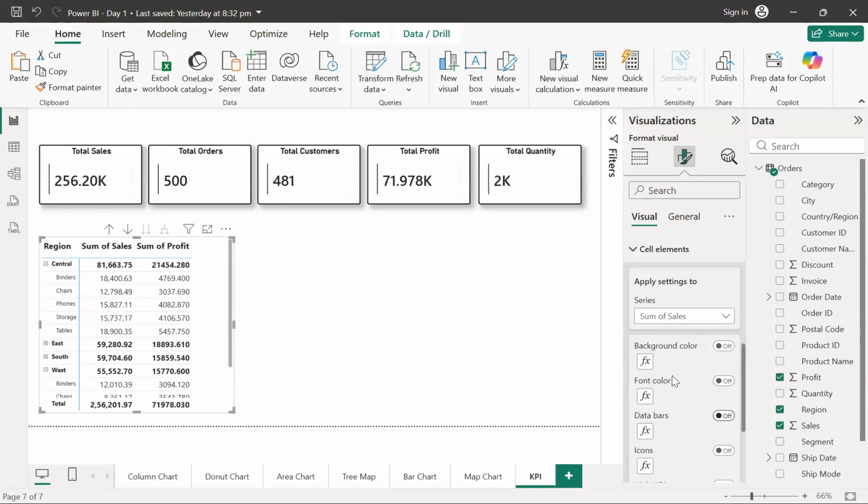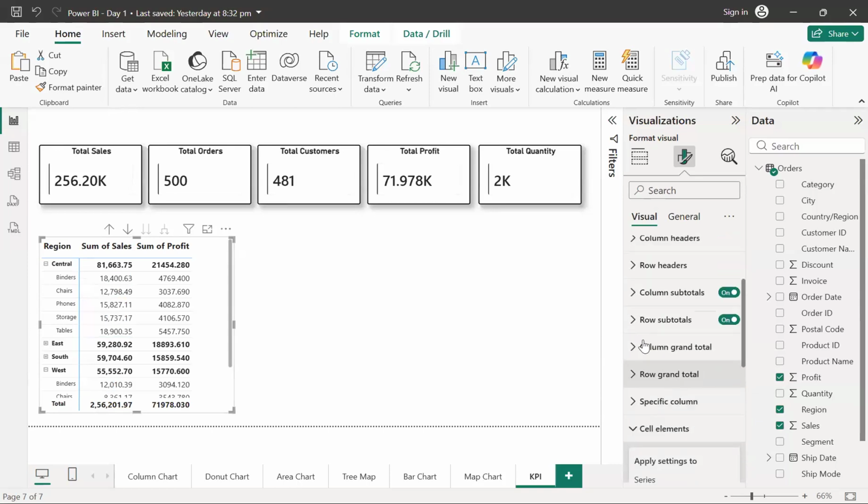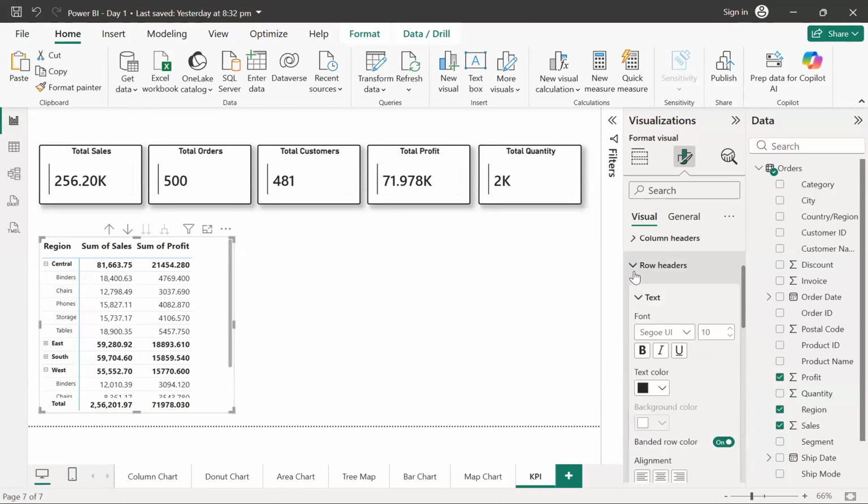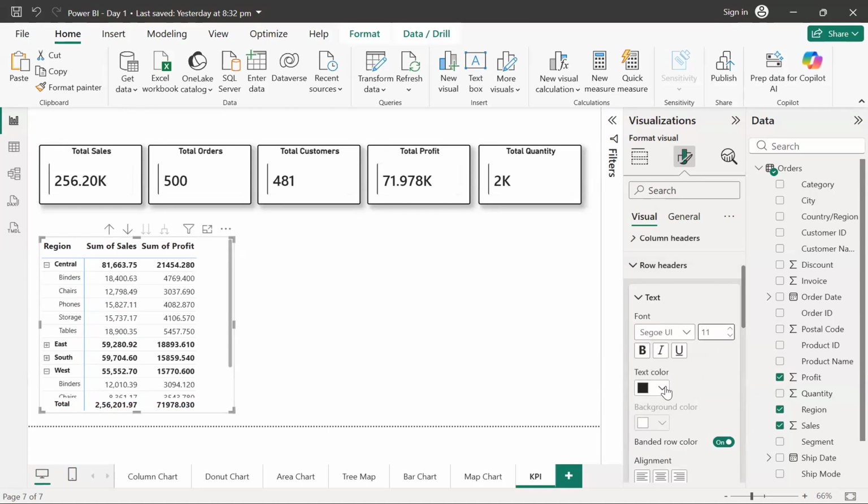Okay, I guess no, it is not making a lot of sense. So we can just try to check into the row header. I guess it's already good. Yeah, so just try to increase the size a bit. Yeah, this is I guess fine. Okay. So now you can see the values for each region and then the respective subcategories.